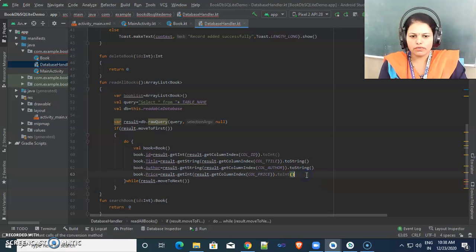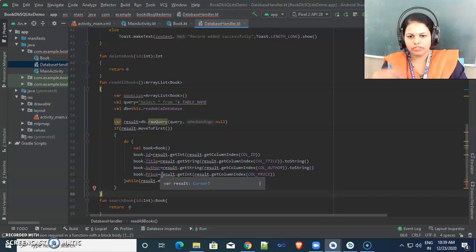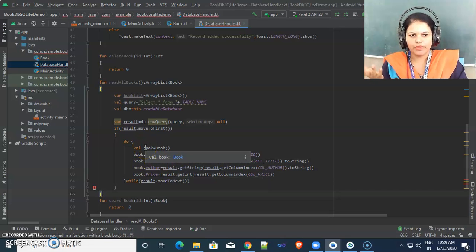So all the information is now stored. Whatever we have fetched, we are storing inside this book. We are fetching one record from the cursor, and that record we are storing inside this book object.